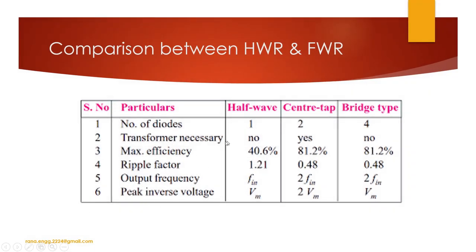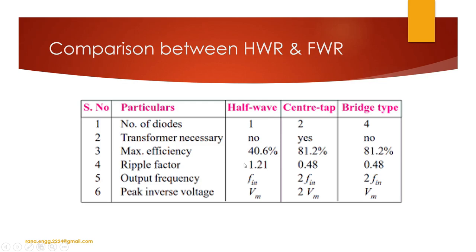Next, we'll compare all these three. For half wave, we have one diode. For center tap, we use two diodes. In bridge type, we use 4 diodes. A transformer is necessary for center tap. For half wave and bridge, we can manage without it also. Maximum efficiency in half wave, as we have derived, is around 40.6. For full wave rectifier, center tap and bridge, it is double,